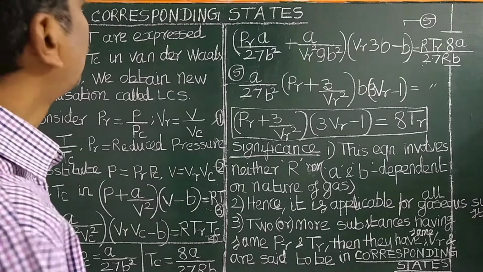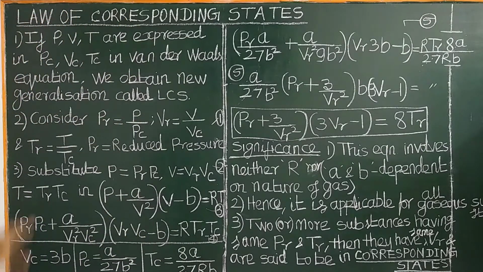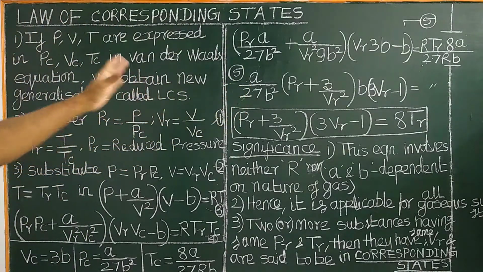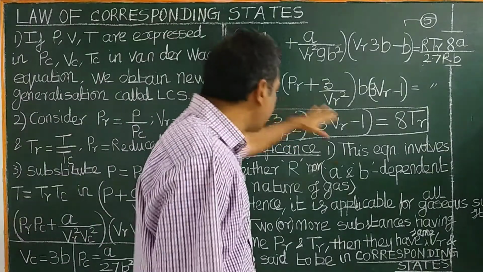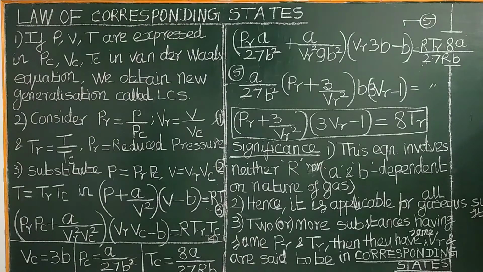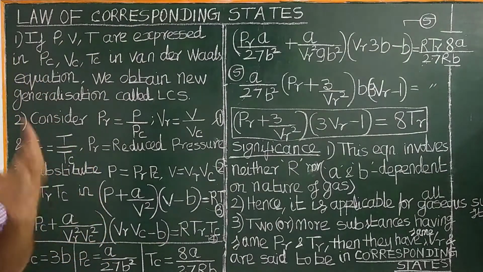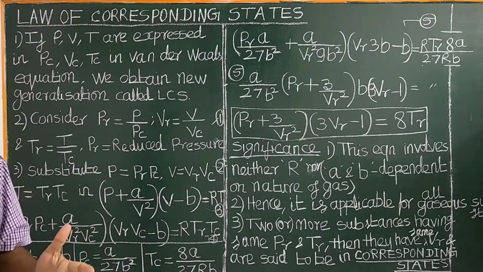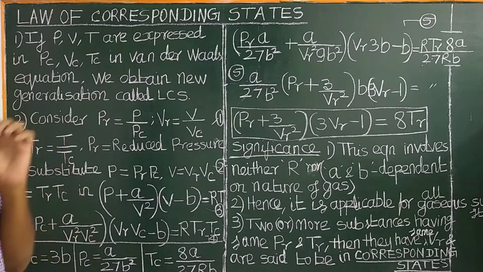Good morning. Today let us see the law of corresponding states. What is the principle of corresponding states? How is it derived? How is the equation derived? What are its significances? First, if pressure, volume, and temperature are expressed in critical constants, critical pressure, critical volume, critical temperature, then we obtain